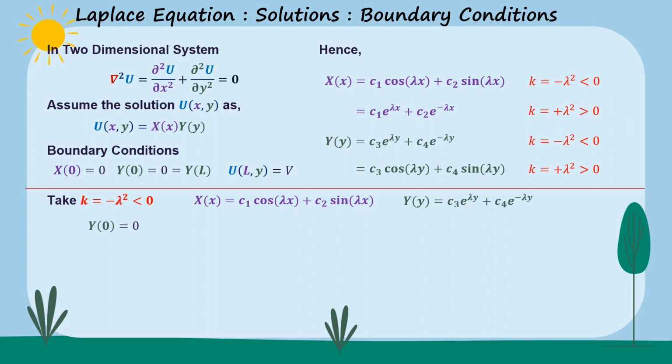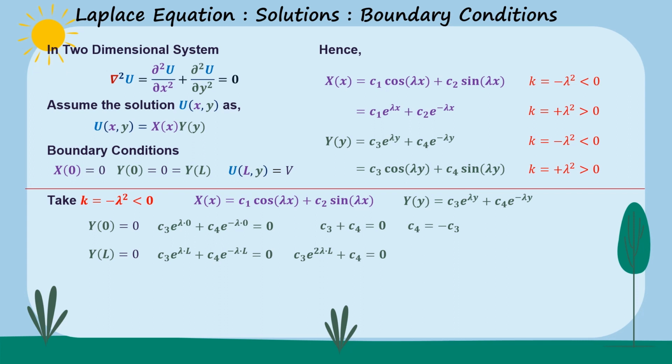Why? Because in the expression of Y, we have two unknown constants and two given values are already there. So it is easy to obtain the C3, C4 values. That's why. If I apply the boundary condition, we say that C3 plus C4 equals 0, so C4 equals minus C3. And therefore, if I apply Y(L) equal to 0, we say that C3 e to the power lambda L plus C4 e to the power minus lambda L equals 0. If I multiply both sides by e to the power lambda L,